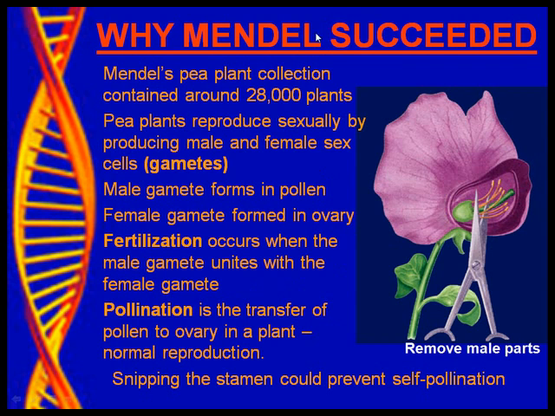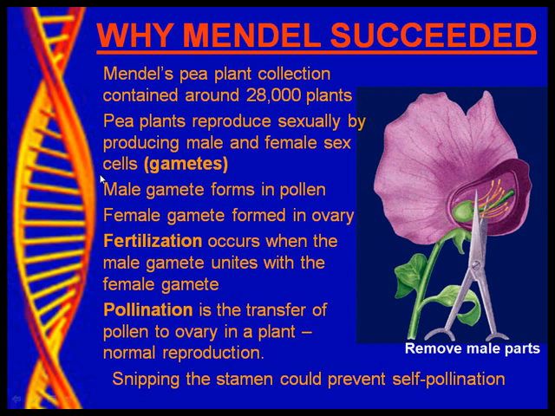So here you can see the data for Mendel's pea plants. He had about 28,000 plants, and it doesn't take a real scientist to understand that lots of data means pretty good numbers, and probably going to represent the population pretty well. And so again, we're going to focus on pea plants. That's most of what he did.